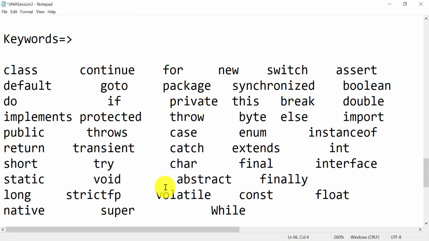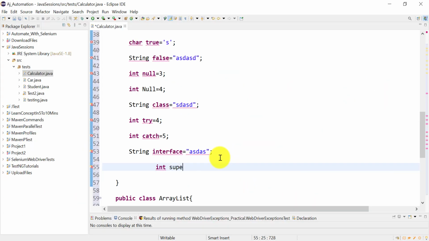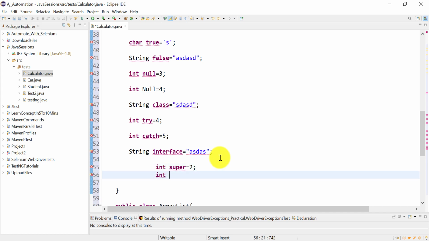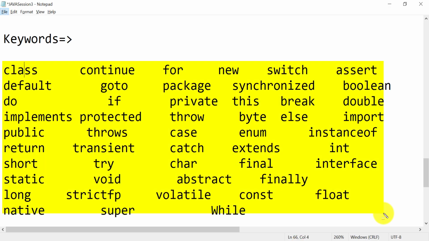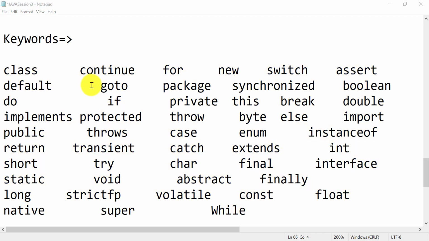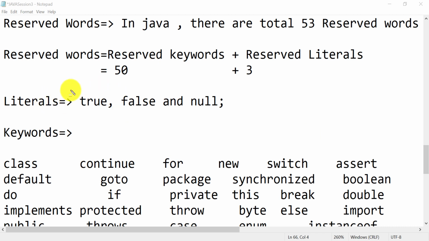Some others we can see are final or extends. For super, it is giving an error, equal to 3. Also for while, which we use for the loop. So you can see that if you try to use any one of these 50 keywords as an identifier, Java will not allow it, and the same for these 3 Java reserved literals.